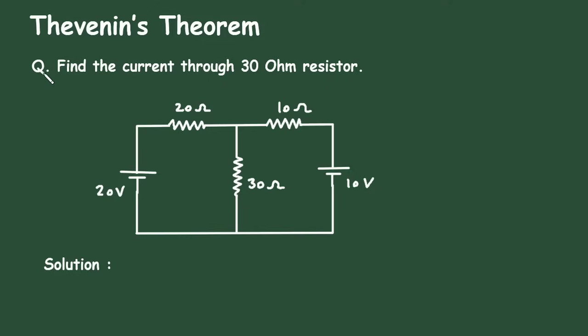Thevenin's theorem. Question: Find the current through the 30 ohm resistor. In this circuit, we have to find the current through this 30 ohm resistor by using Thevenin's theorem. Solution. First of all,